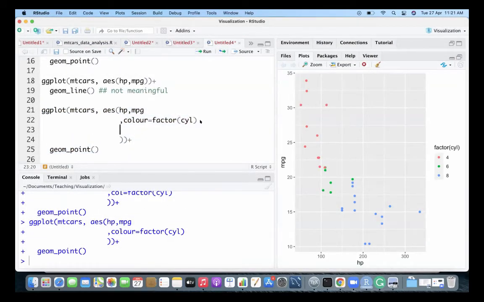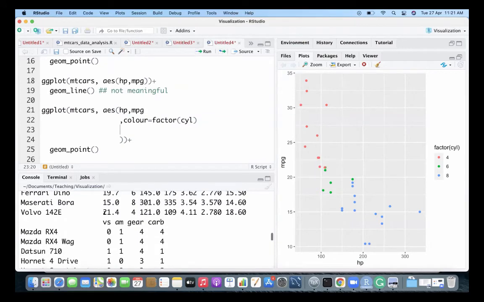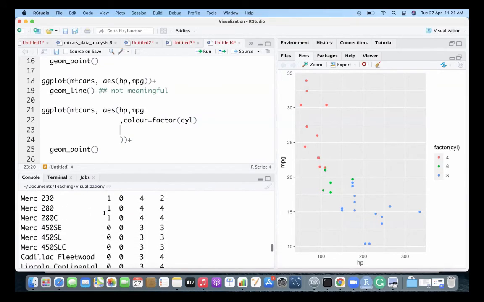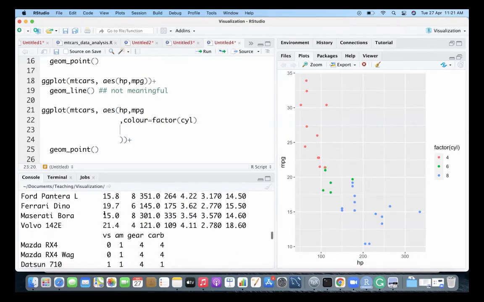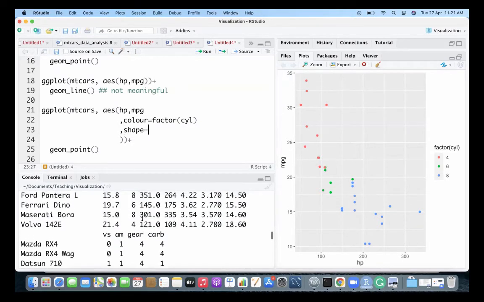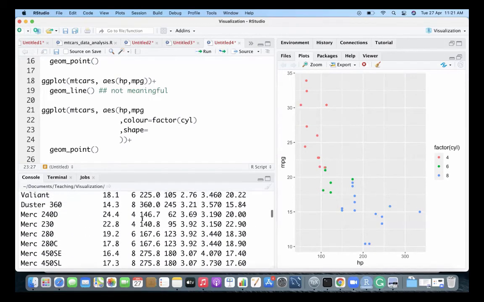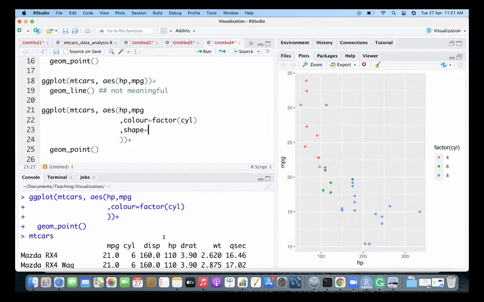Now what I'm going to do, maybe we will put a shape there, shape equal to, so the horsepower, cylinder, and displacement are there.